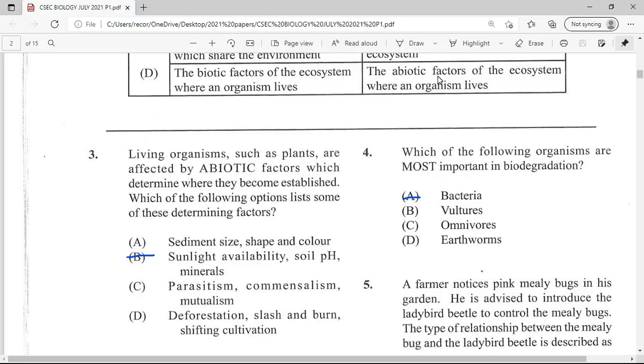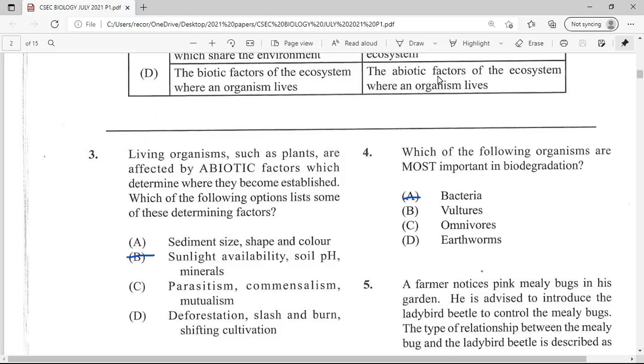Question number 4. Which of the following organisms are most important in biodegradation? So we're now talking about breaking down organic content into water, nutrients, one might say, or into humus. Now we have bacteria, we have vultures, we have